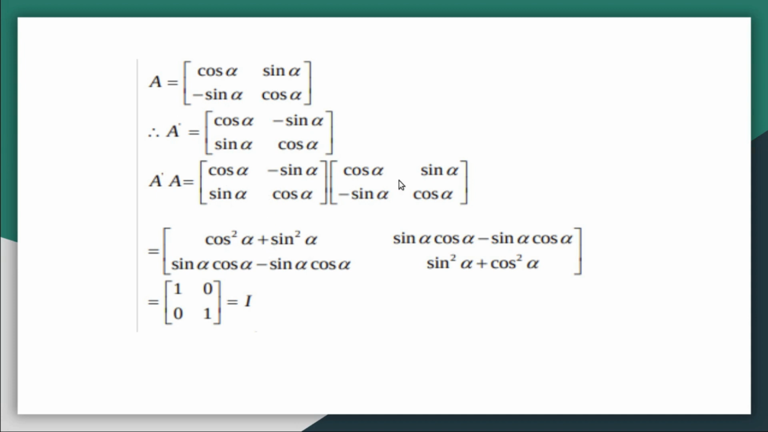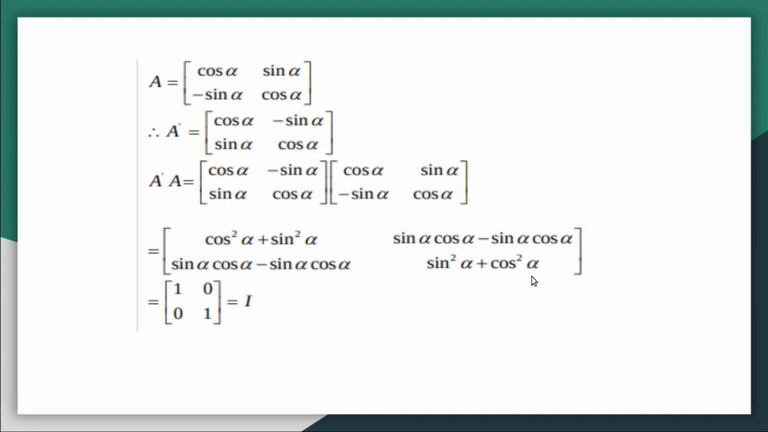Then first row into second column, cos alpha sin alpha plus minus sin alpha into cos alpha is minus sin alpha cos alpha. Now take second row into first column, sin alpha cos alpha plus cos alpha into minus sin alpha is minus sin alpha cos alpha. Now second row into second column, sin alpha into sin alpha, sin square alpha plus cos alpha into cos alpha